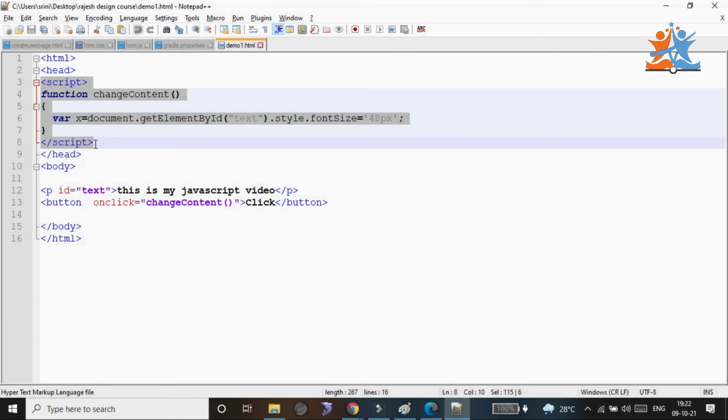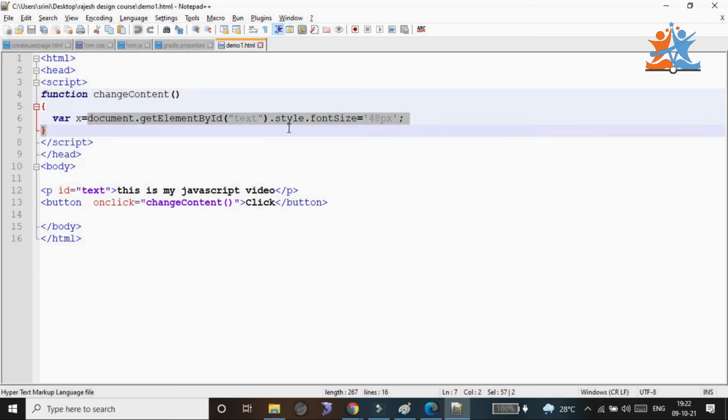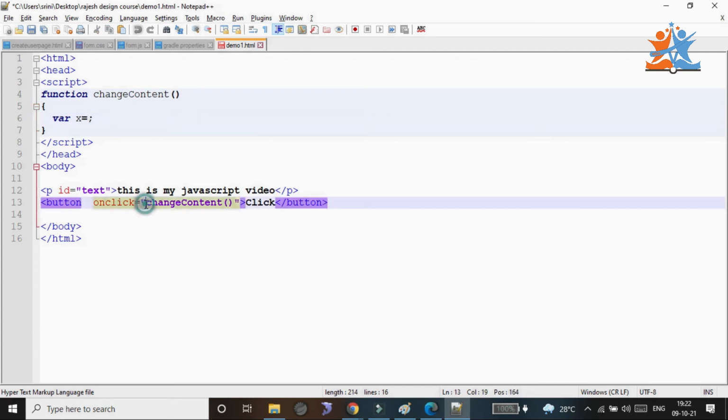I don't want to do it with functions. I can go with the same content. In place of the embedded function name, I will give the content as onclick document dot getElementById text dot style dot fontSize equals 48. So this case also we can work it.